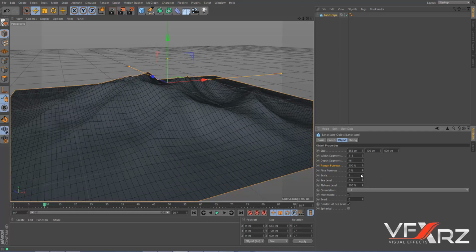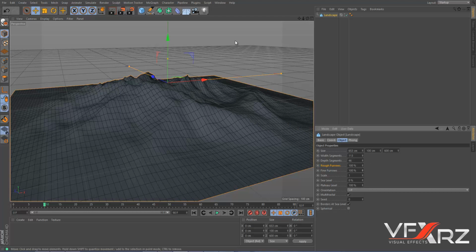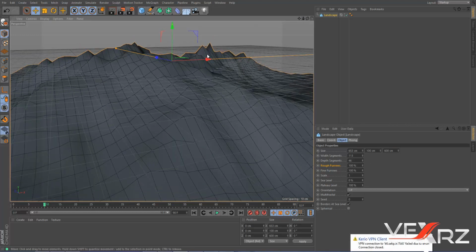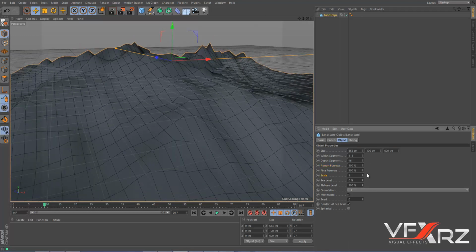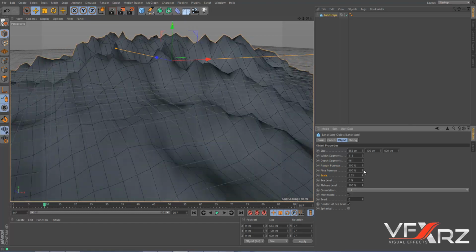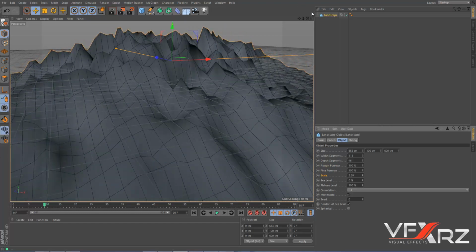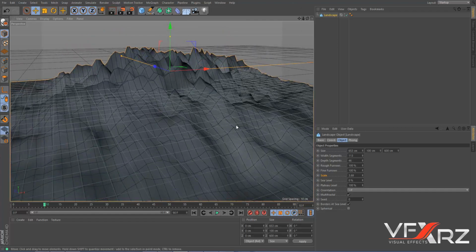Or with this you can change smoother with 0 and with 100. It's hard. Okay, and with scale you can change a scale of this object,